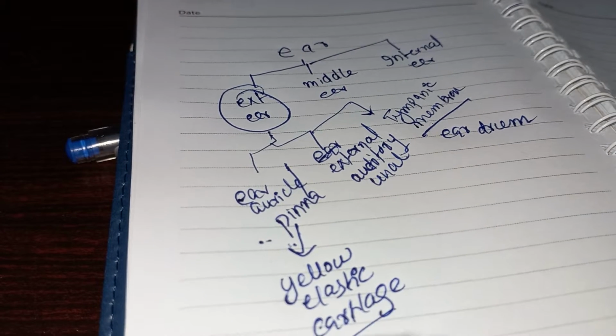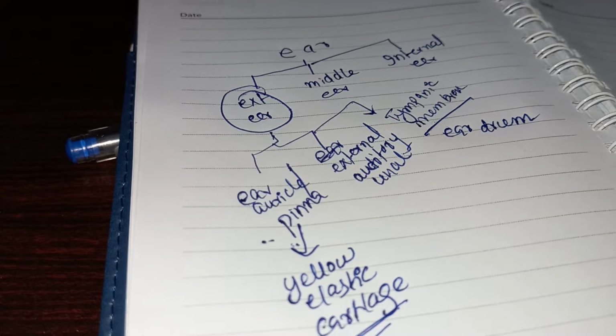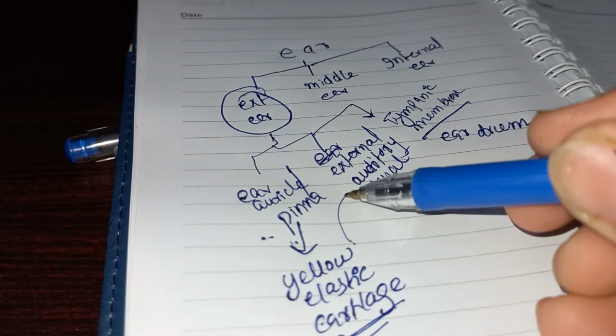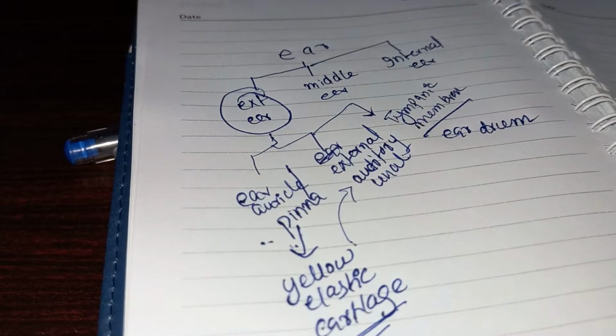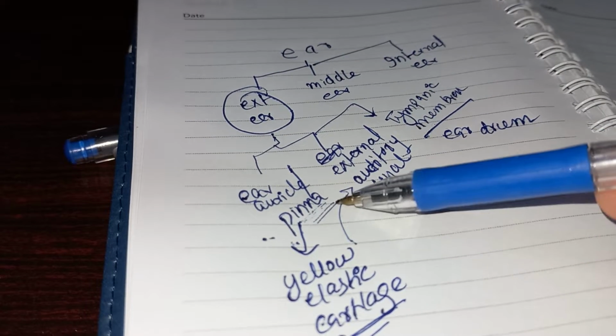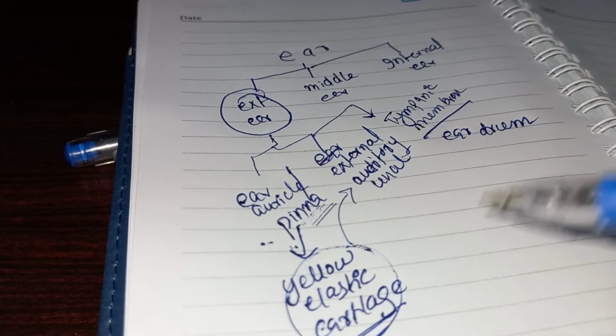The main function of the external auricle or pinna is to collect the sound waves and transmit them to the external auditory canal. And the other important thing regarding the pinna is that the cartilage is used in different graft